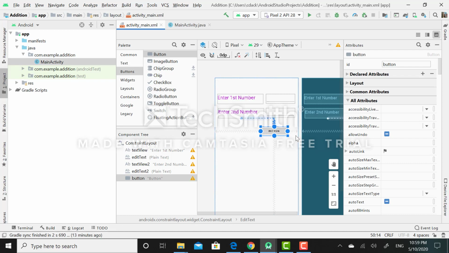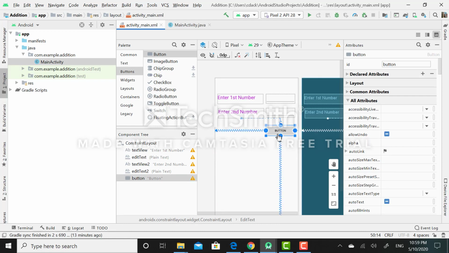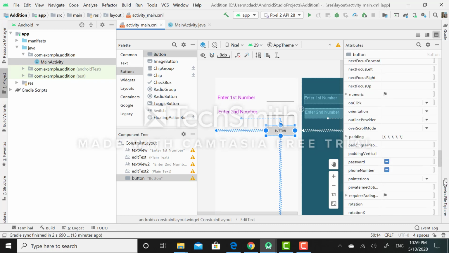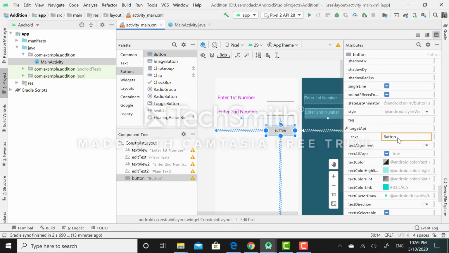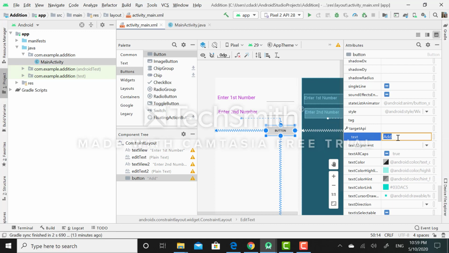Again, I will increase its height and width through design mode. I will add a new message as add on this button. So I will select the text attribute and remove the initial button message, and I will set an add message on this button.